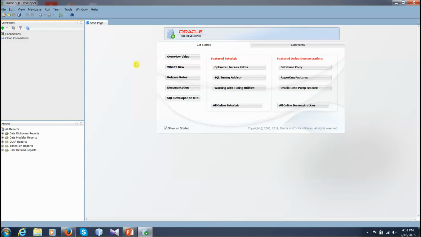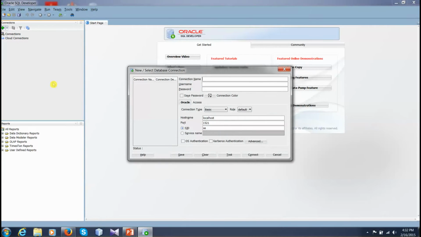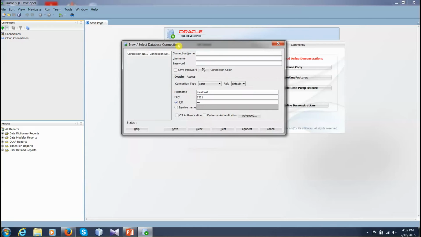For the first time, we have to make a connection between this tool and the Oracle database. So how can we do that? You see the green plus sign, you have to press the green plus sign and it's gonna open a new window. There are a lot of options here. Under connection name you can put any kind of name you want. I'm gonna name it first